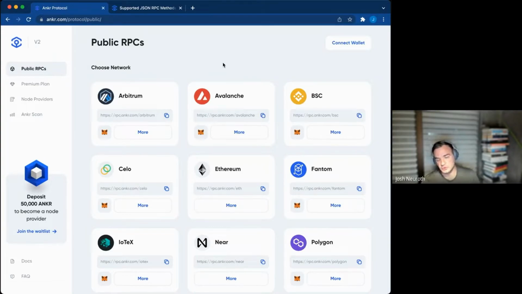That's included on most of these RPCs here. And then, if you're just building like a decentralized exchange or your primary goal is to facilitate transactions, you don't need archive mode. You just need access to the regular, what's called full nodes, which are all here. You can build directly on those. And like I said earlier, if you're doing something in gaming, you're probably just doing transactions, and so you just need access to this regular RPC.